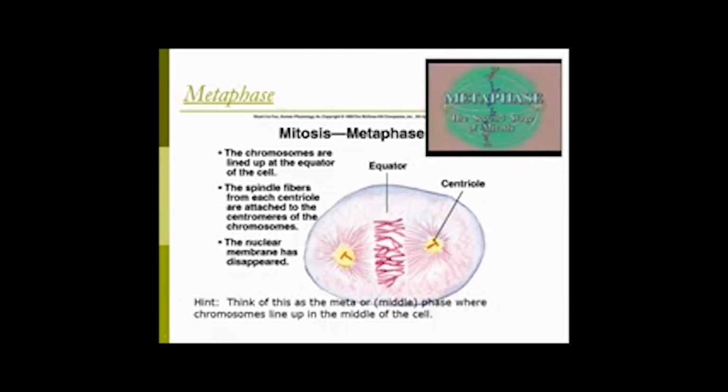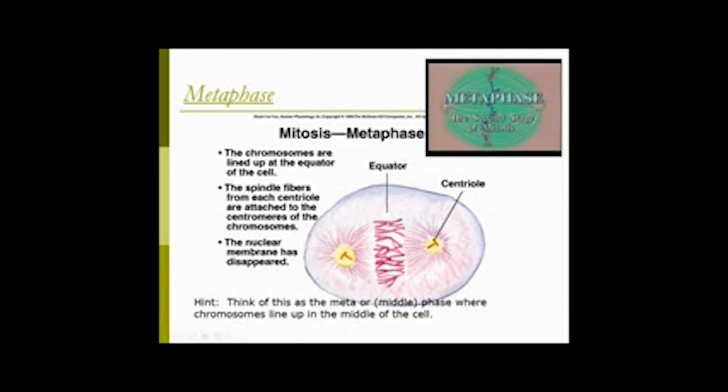Okay, the next phase of mitosis. So we're talking about the cell cycle, but now we're in the reproductive stage or phase of the cell cycle. Interphase is just the regular life phase. Now we're in mitosis, the reproductive stage. We've already talked about prophase, the preparation phase, as chromosomes form. Also in prophase, the nucleus would start to break apart. By metaphase, the nucleus has dissolved away, so it's no longer in the way.